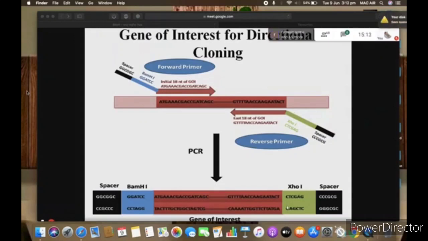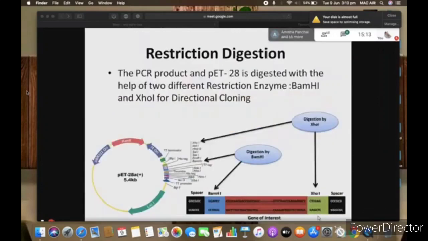So now the amplified PCR product has BamHI at 5' and XhoI at 3'. This is the double stranded PCR product. Now you digest this PCR product with XhoI and BamHI, and you digest the vector also. BamHI is here and this is the MCS.